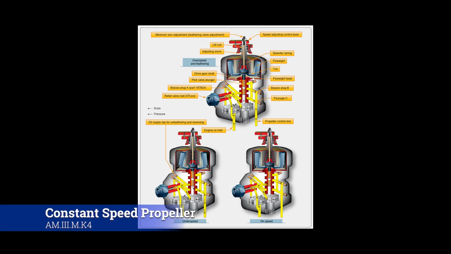the propeller until it reaches an on-speed condition where the force of the governor flyweights and the tension of the speeder spring are balanced. The balance of the forces can be disrupted by the aircraft changing altitude or the pilot changing the tension on the speeder spring with the propeller control on the instrument panel. So essentially, the flyweight and the speeder spring want to be balanced. If